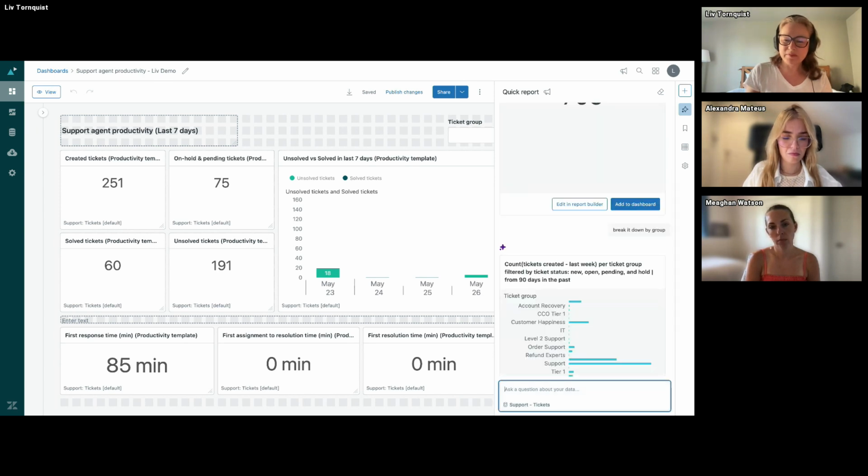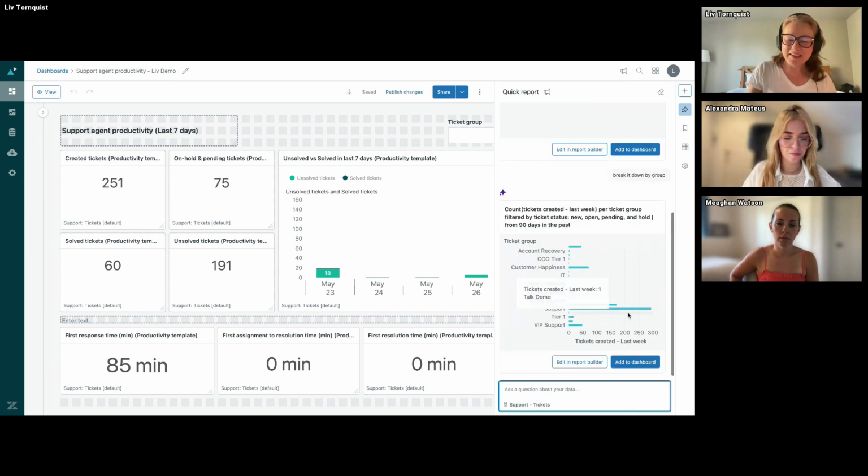Now prompt-based reporting will start creating another visualization where you can see a bar chart here with groups. You can see that refunds, they are one of the groups that they have a big backlog. Maybe they should start using some of the nice features that we just saw Jakob and Magda show. Maybe some auto assist would help these folks get back on track.